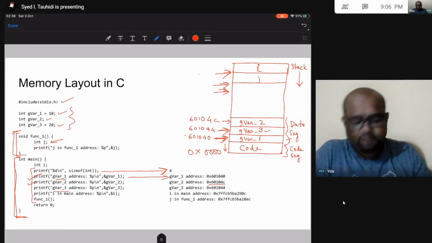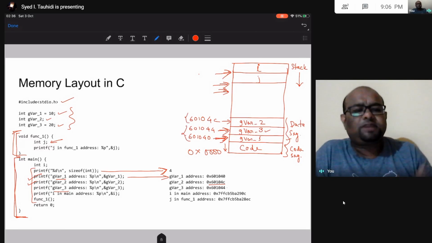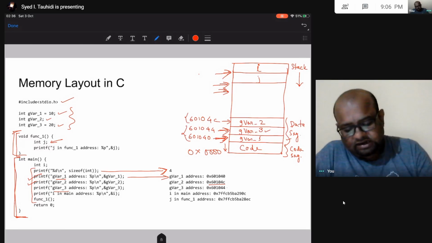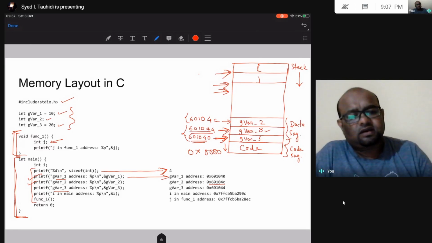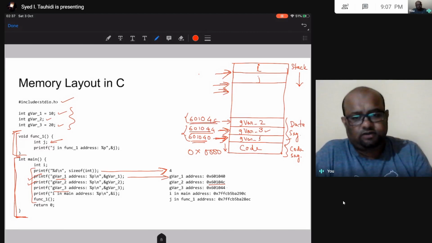These two are initialized and this is uninitialized. So when I print these addresses, I can see that this is in fact true. This is the lowest address. On top of that, I have this address, and once I am done keeping the initialized global variables, I am allocating space to the uninitialized global variable gvar2.